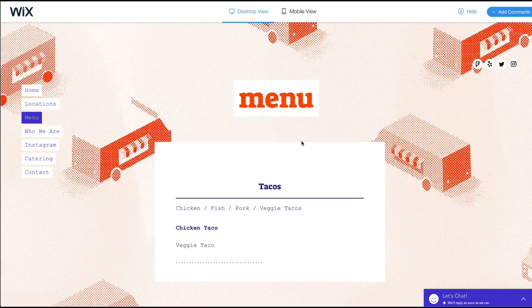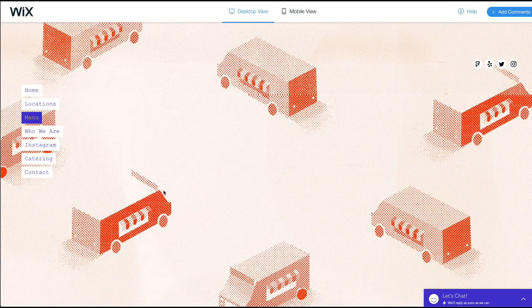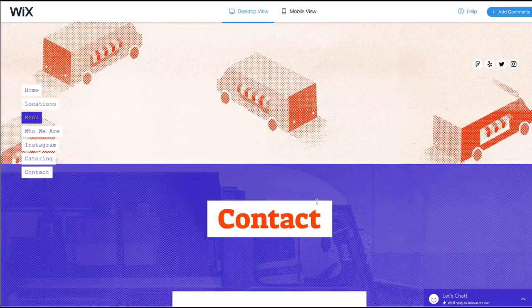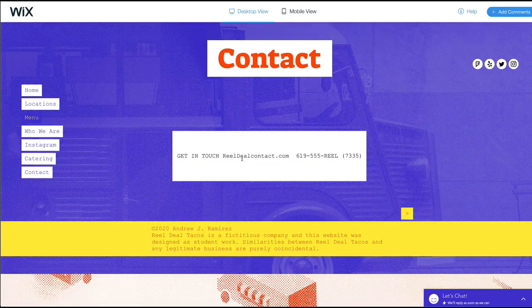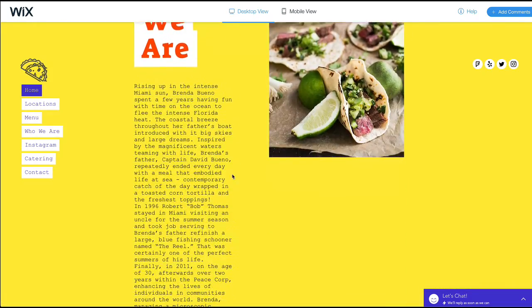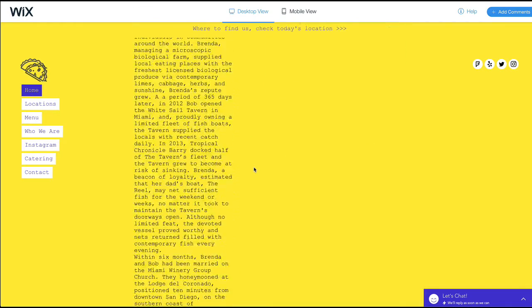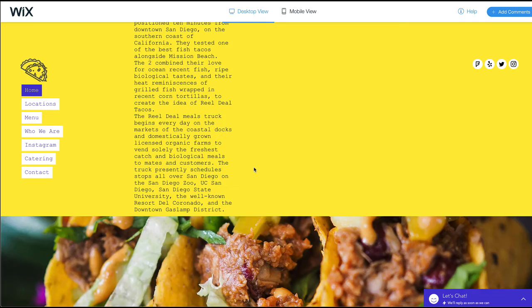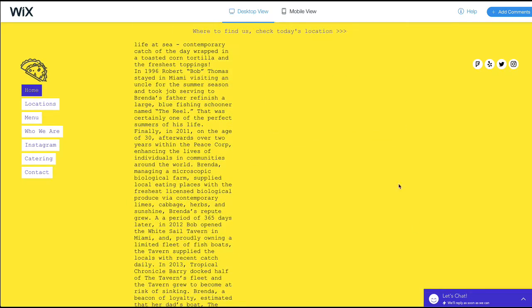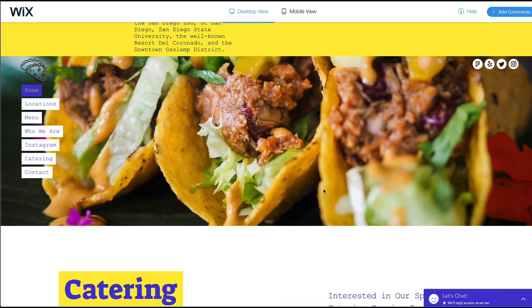So again, that just needs to be fixed. We don't need all of this. We don't need all of that, okay? Lots of space here. So let's see. The who we are section needs to be edited down and also wrapped. It's just really long, and that's a little more scrolling than someone is going to look at probably on their